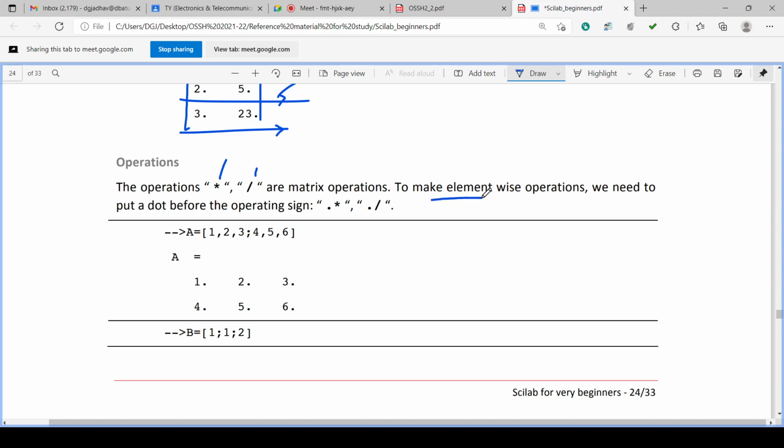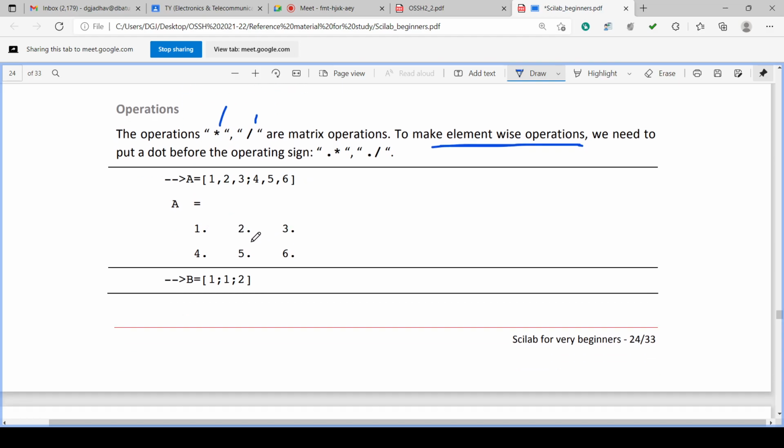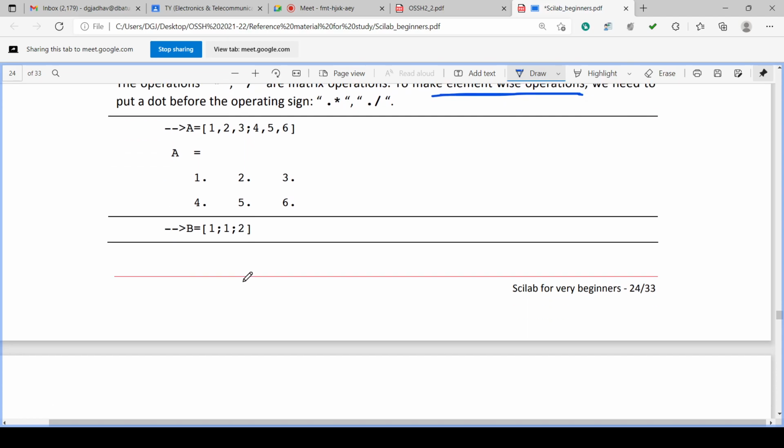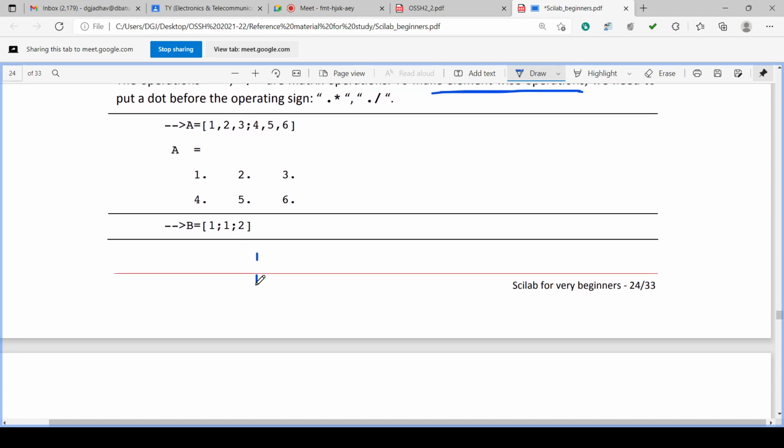We can make the calculation element-wise, element to element. Suppose A is 1 2 3; 4 5 6, and B is 1; 1; 2. So B is 1 1 2, isn't it?